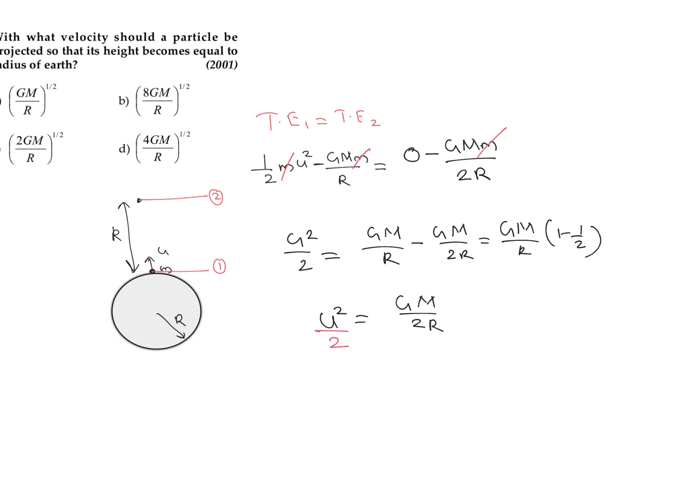So this is u square by 2, and this 2 and this 2 get cancelled. So we can write the value of u as equal to root of GM divided by R. The root can be written as nothing but GM divided by R raised to 1 by